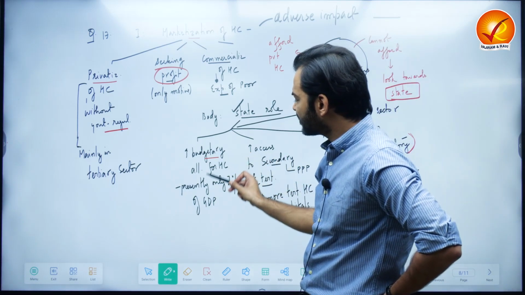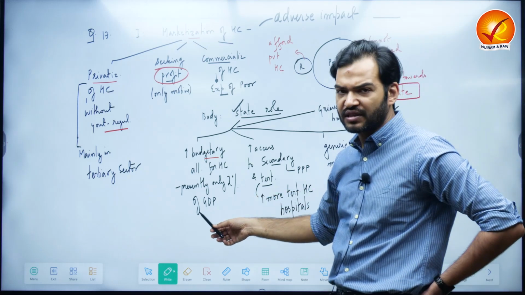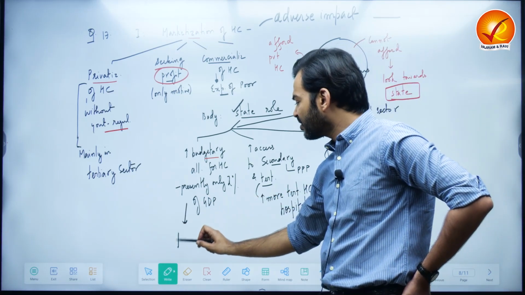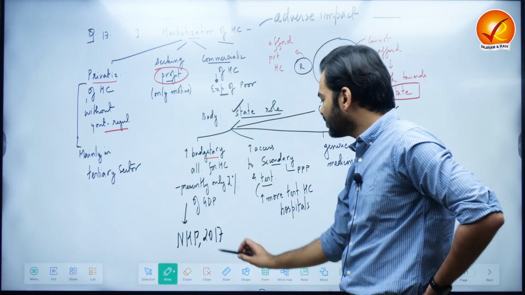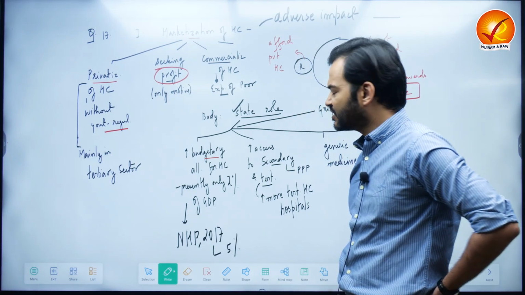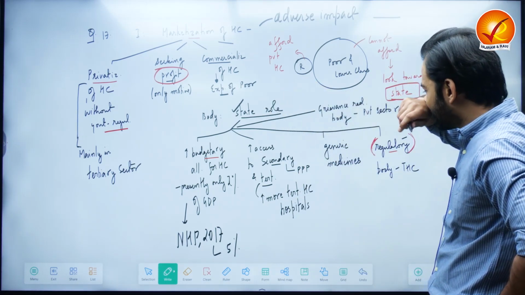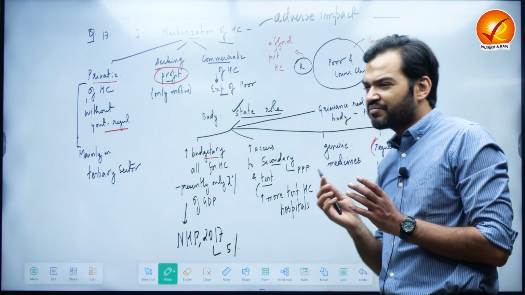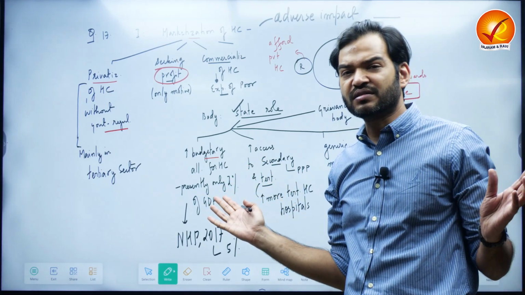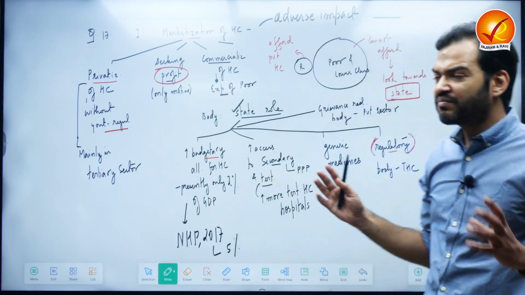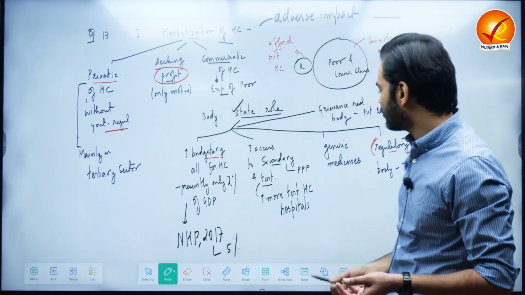First of all, the state should increase its budgetary allocation for healthcare. At present, only 2% of GDP is spent on healthcare. National Health Policy 2017 says that it should reach at least 5% of GDP. Now, why should there be an increase in budgetary allocation for healthcare? Because the problem with India is that the population dependent on the state is huge. And since it is huge, the state needs to increase its budgetary allocation.